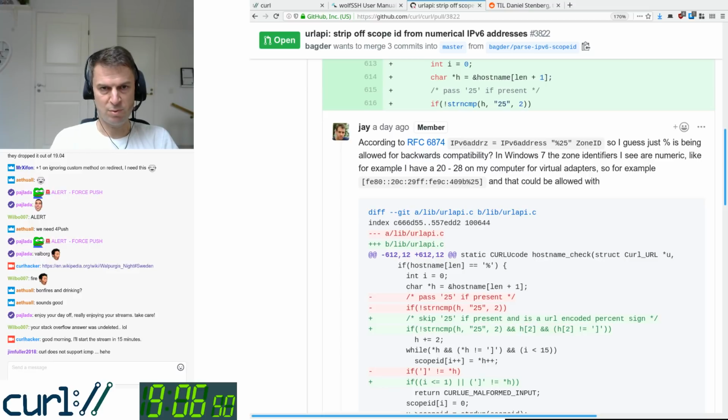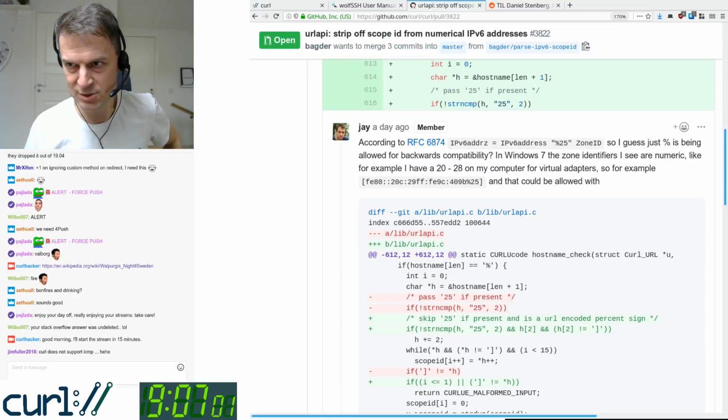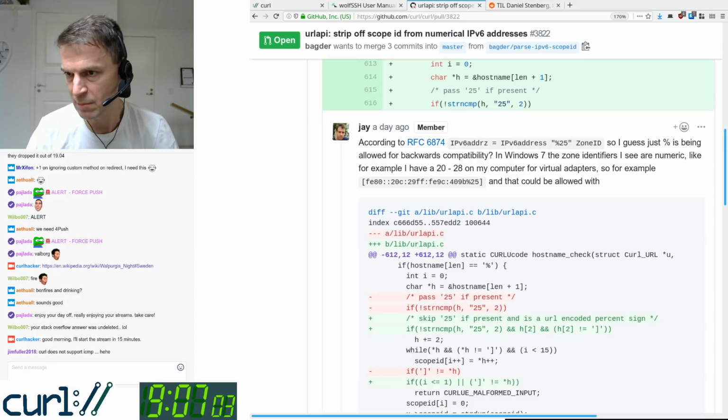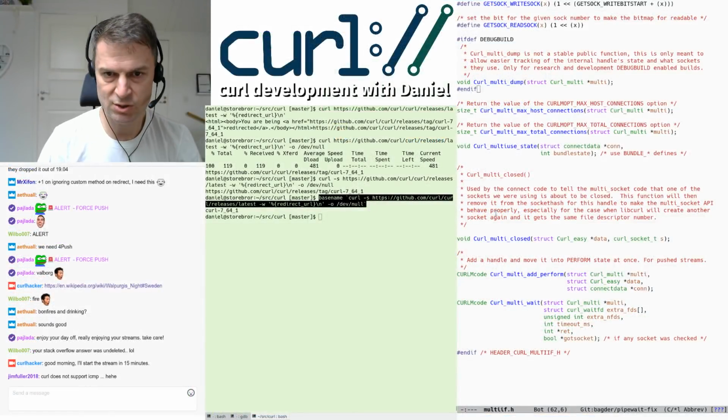No, curl doesn't support ICMP, but then again, there's no URL syntax for ICMP anyway. And it wouldn't make sense. There's no file transfers in ICMP, so that wouldn't make sense. But I just wanted to show you that